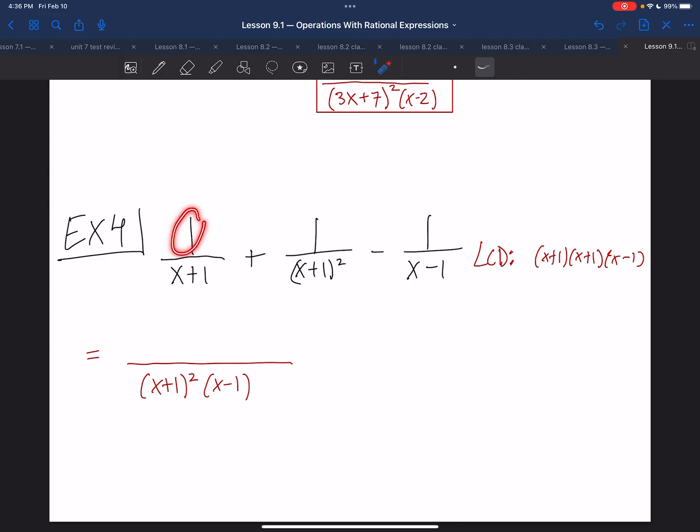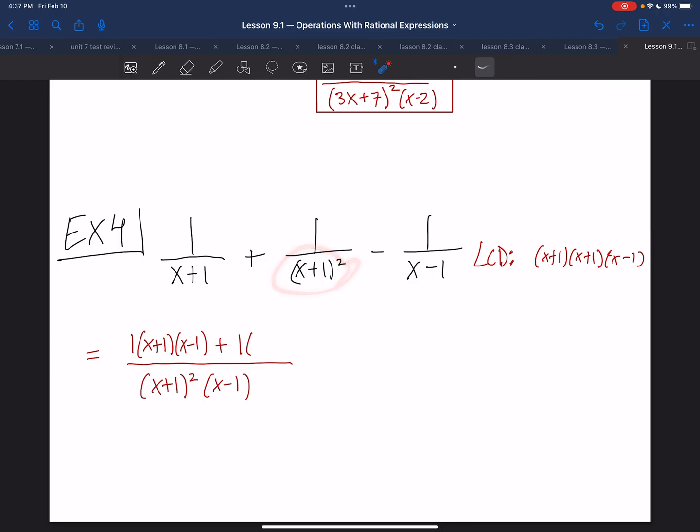So this 1 is going to be multiplied. I need to make this denominator the LCD, so I need to multiply this by another x plus 1 and an x minus 1. You see that? I need both. So it's going to be 1 times x plus 1, x minus 1, plus 1 times, and then this one